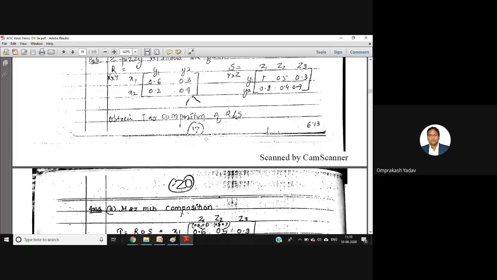Then we saw how to determine the max product. In max product simply we will multiply. For example, 0.6 I will multiply by 1, so it will be 0.6. 0.3 will get multiplied by 0.8, so it will be 0.24... so we got the two values, 0.6 and 0.18. Out of that, 0.6 and 0.18, which is the max, because this is a max product. So basically you multiply and then you select the max product, whichever is the max product you are supposed to write that one. So 0.18 and 0.6, 0.6 is max, so I've written over here 0.6.